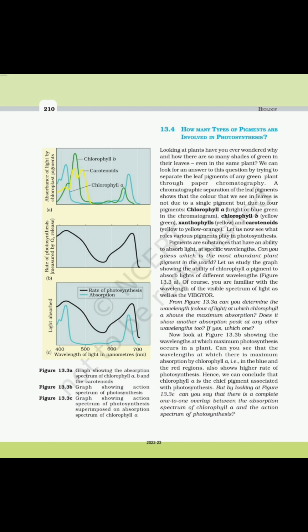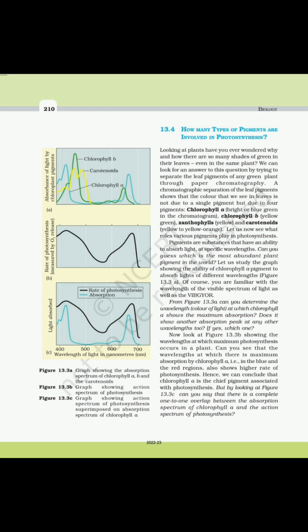Looking at plants, have you ever wondered why and how there are so many shades of green in their leaves, even in the same plant? We can look for an answer to this question by trying to separate the leaf pigments of any green plant through paper chromatography. A chromatographic separation of the leaf pigments shows that the color that we see in leaves is